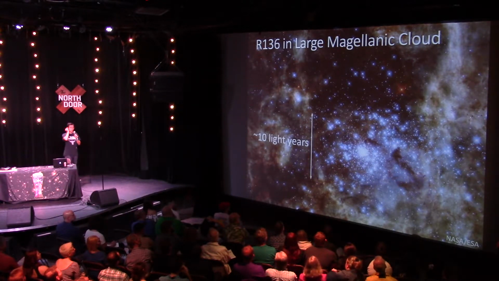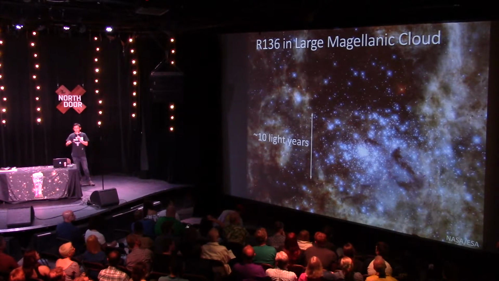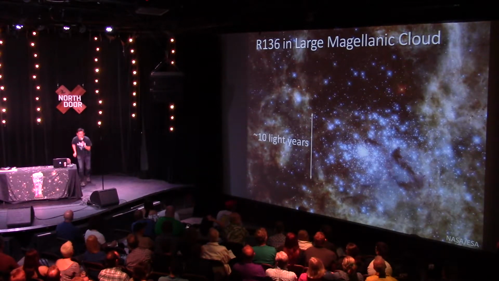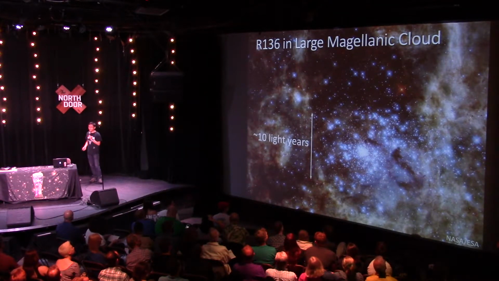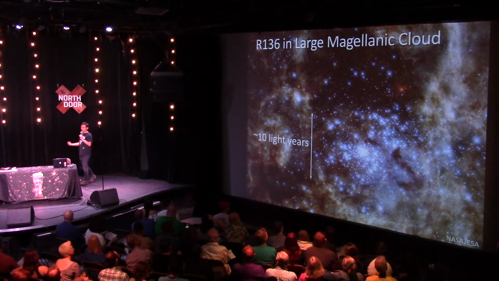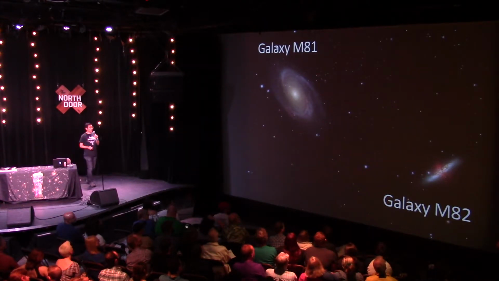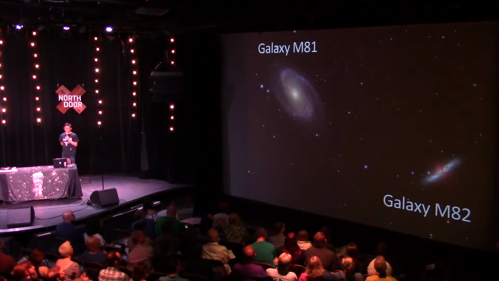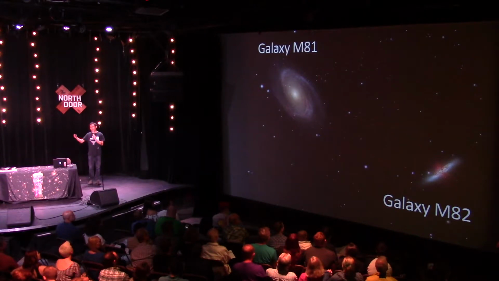And the other message you want to get out of this is, in order to form this thing, we need to compactify a lot of gas. A lot of gas, yes, really a lot of gas in a very small volume. So how do we get this? One way to actually achieve this is through what we call galaxy collision or galaxy merging. So this is an example of the galaxies M81 and M82. So they have undergone a collision hundreds of millions of years ago, so really long time ago.